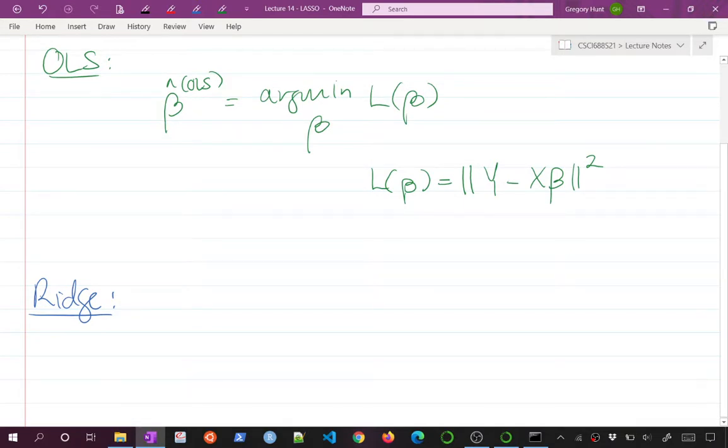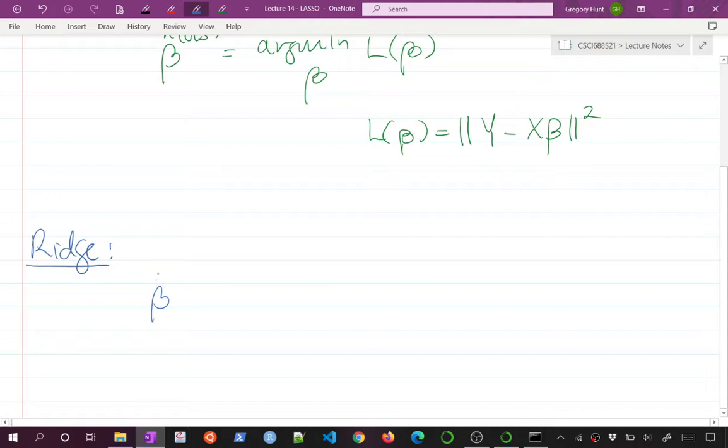We'd have a perfectly flat loss function along some dimension, and we wouldn't get a unique estimate for beta hat. And so the ridge regression solution was to estimate beta hat, we'll call it beta hat ridge,